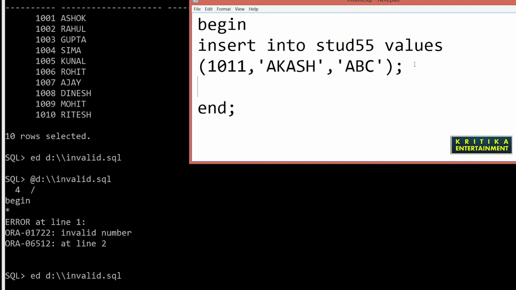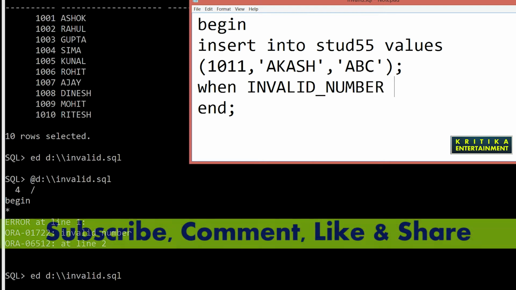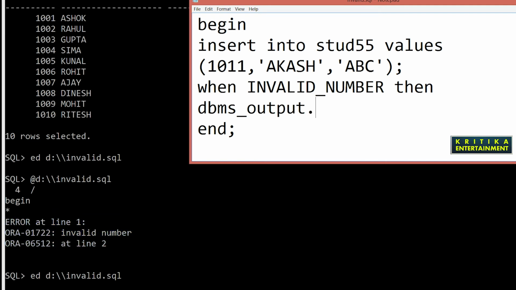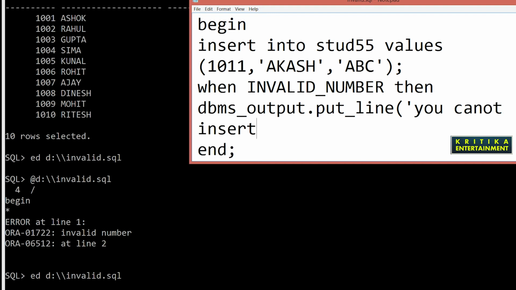So here I'll type: when invalid number then DBMS_OUTPUT.PUT_LINE, and I can define here my own message: you cannot insert character values. My own message, this.